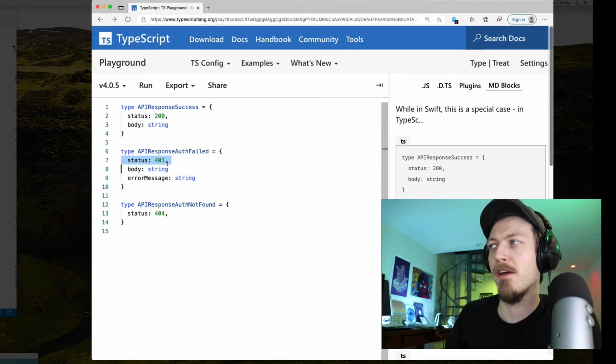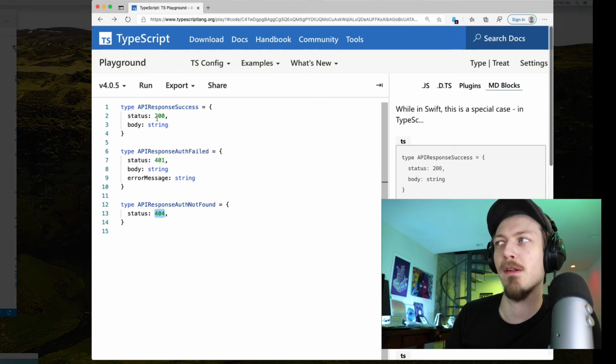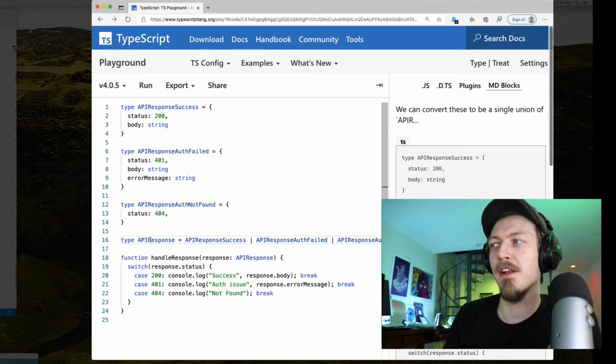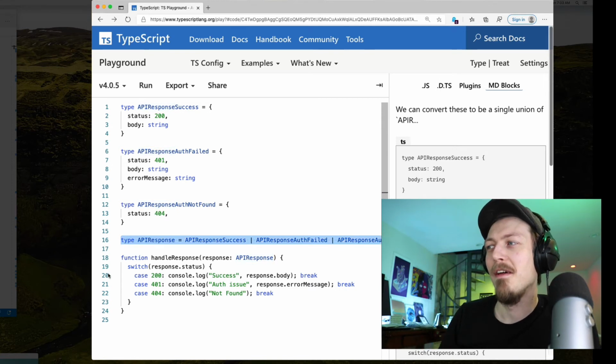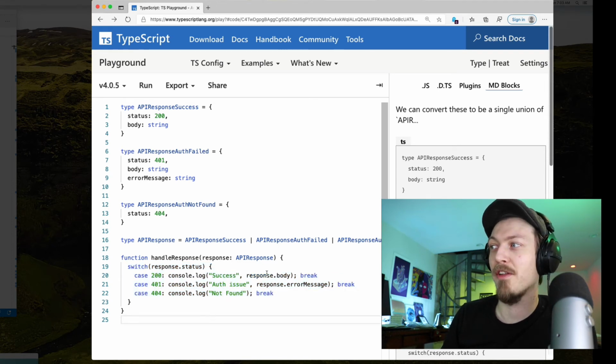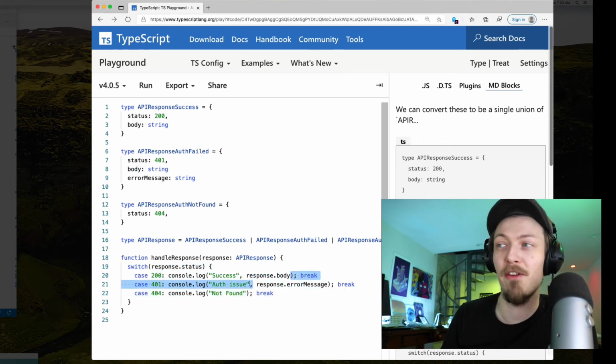Admittedly, you don't have the constants, so this can only ever be 404, this can only ever be 401, this can only be 200. You would typically write something like an enum called API response, and then you'd have a switch case that would switch through all the different types of enums, and then you'd extract out useful information.